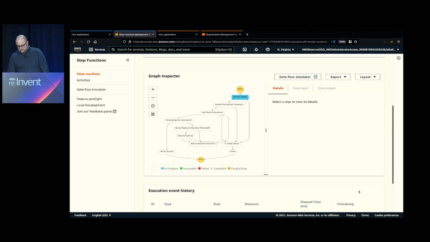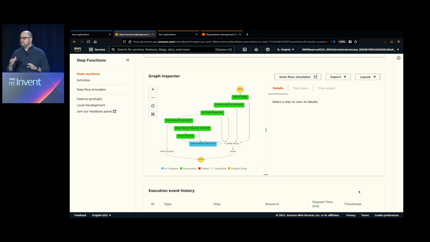And we'll let this run, but it goes through a process of identifying targets. So basically, let me take a look at that criteria that you specified in the event, and let me figure out what account IDs match. Then we go ahead and invoke some other provisioning frameworks, basically other step functions that do some AFT management stuff in that account. And then we go ahead and execute the pipeline for that particular account.